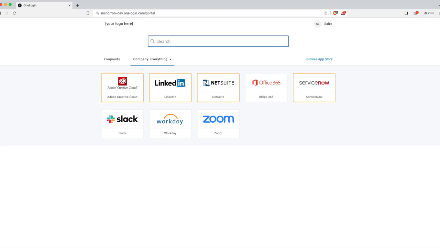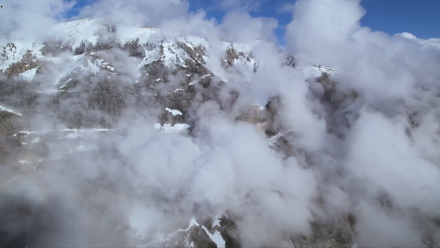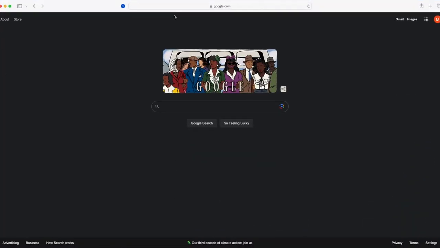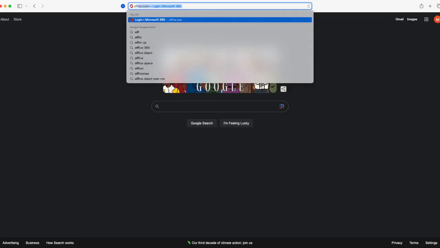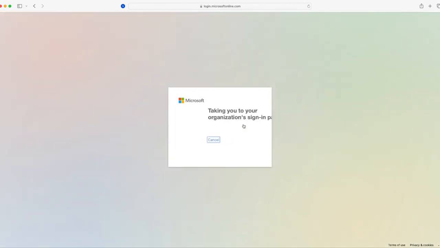Security Assertion Markup Language, or SAML, is the most widely adopted standard for authentication, and for good reason. With apps that support SAML, every user can be forced to authenticate with their identity provider. For example, let's say this user signs off for the day. And the next day, instead of going to their SSO portal, they open their browser and go directly to an app or website like office.com. Here, after clicking Sign In and selecting their account, they'll be automatically redirected to their organization's single sign-on page.